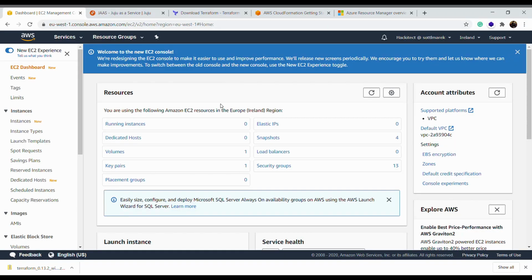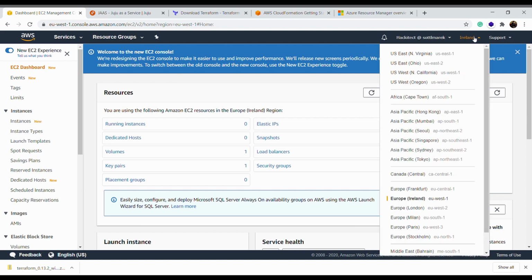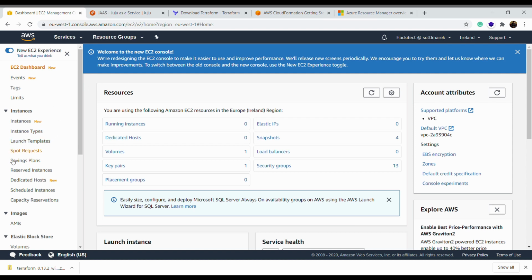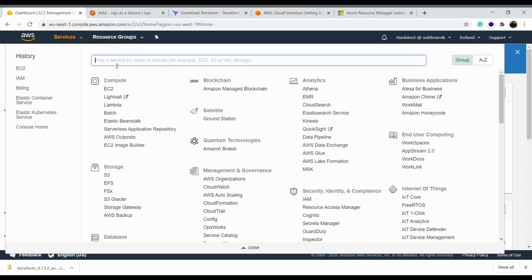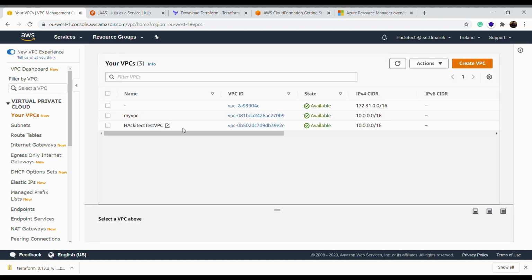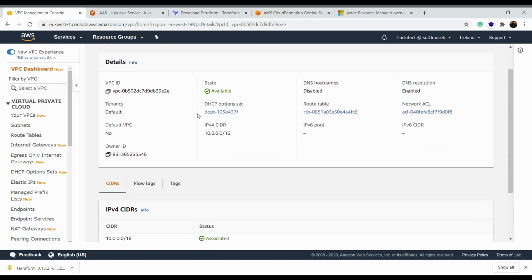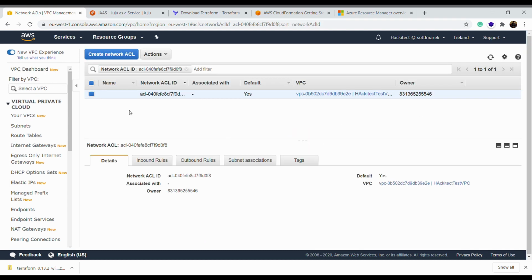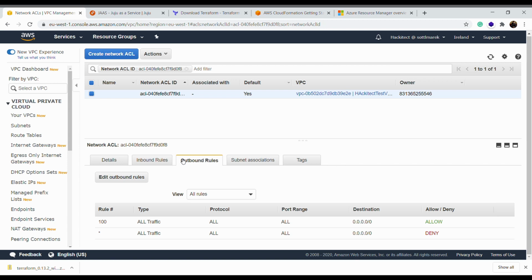So let's check what we have built with Terraform. I'm here in my AWS console. We are in Ireland region, and let's check the VPC. Okay, so services, and I want to check VPC. VPCs are isolated cloud resources, and then I have 3 VPCs. I have some already done, but here is the architect VPC that we have created together with the Terraform template. I can click on VPC ID, and you see that the DHCP option set is here. There is some route table, network ACL. The network ACL should be the one that we created with all inbound and outbound rule, and it's not.